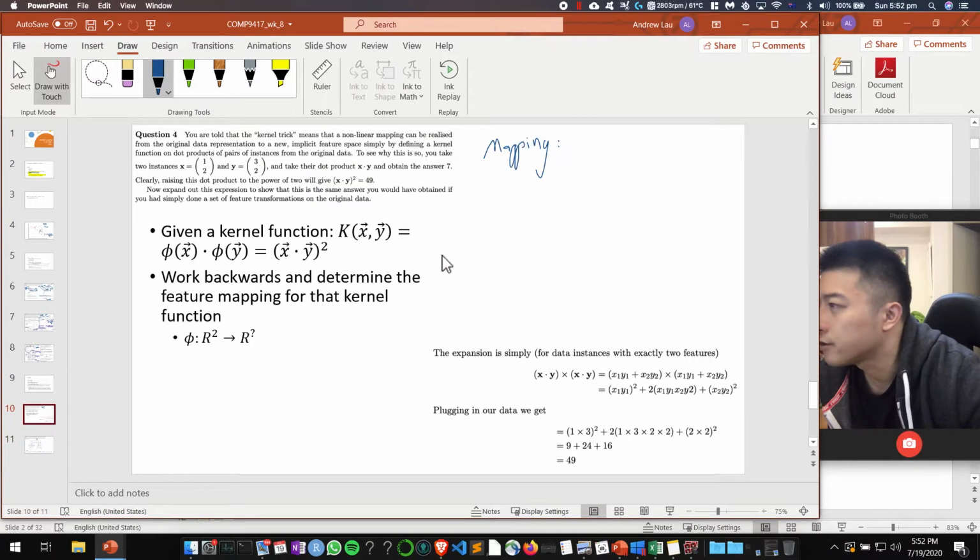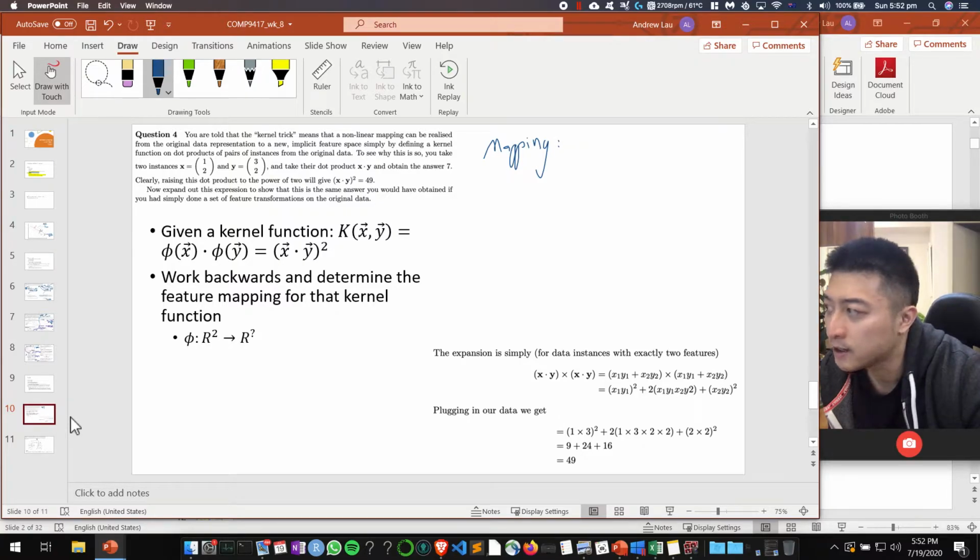So we're trying to explore the concept of a kernel function a bit more, and basically this is a kernel function. A kernel function gives you the dot product of a mapping. So we're told the kernel function is this, and then we want to go backwards in order to find the mapping effectively, right? We're told the kernel function, so we can work backwards. So